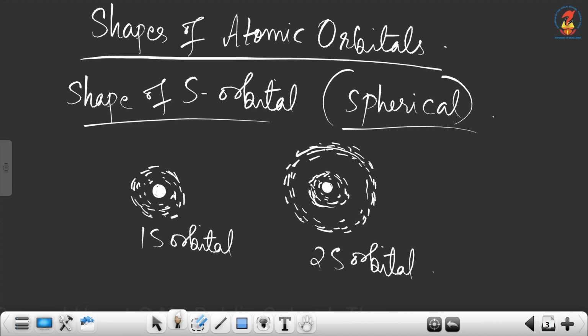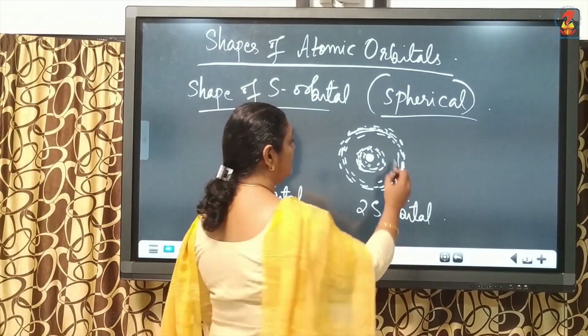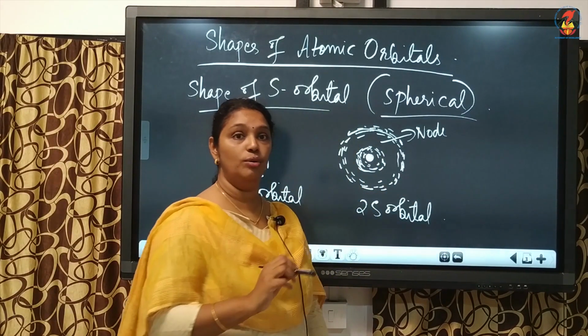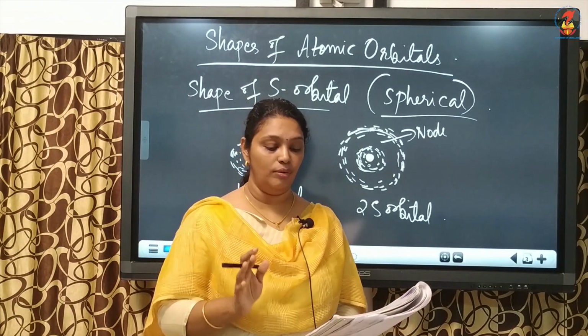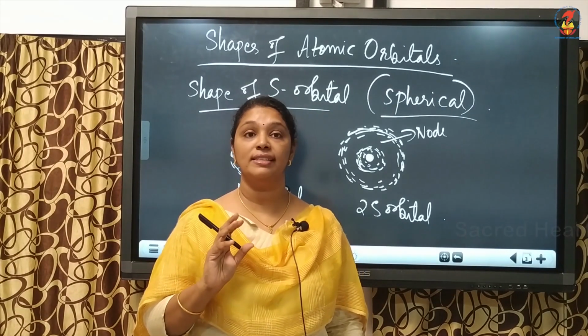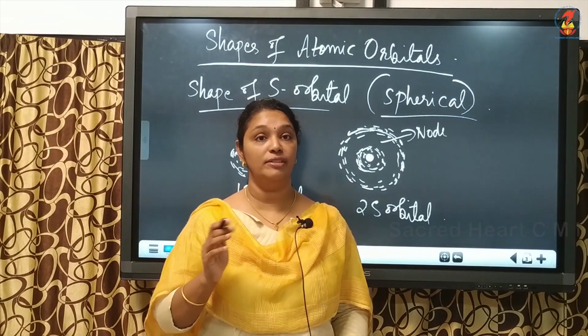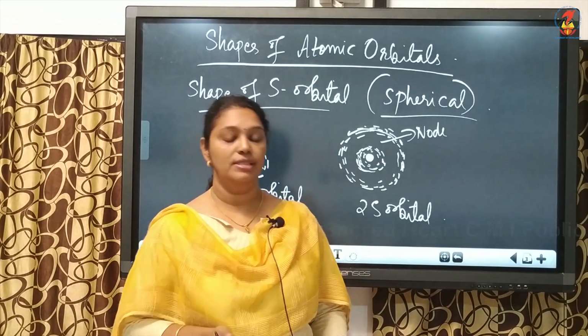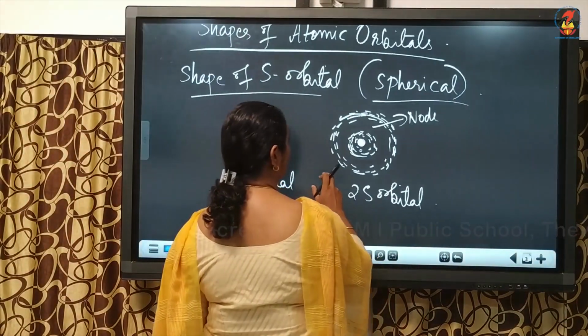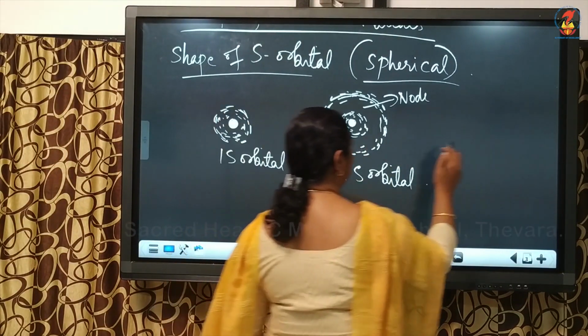Okay, so we have first nucleus, close to the nucleus 1s orbital, then we have a space where the probability of finding electron is 0, and we call this space as node. Nodes are regions of space around the nucleus where the probability of finding electron is 0, or the probability density function reduces to 0. They are called nodes. And next, if you are asked to draw the shape of 3s orbital, then we have